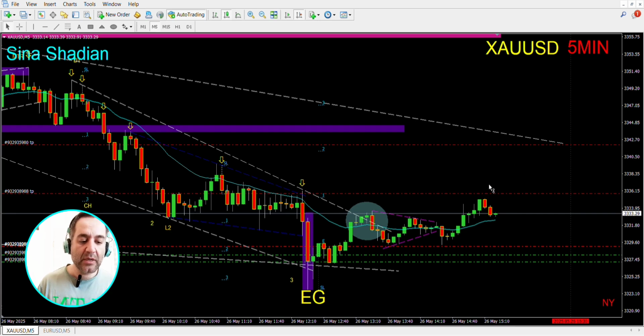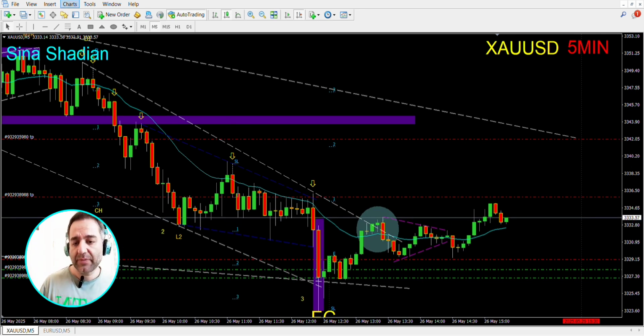I hope this first TP gets hit, and also the second TP. I closed one of the trades when the market touched this trend line, and I'm waiting patiently here for the market to touch this level. Let me tell you why I didn't